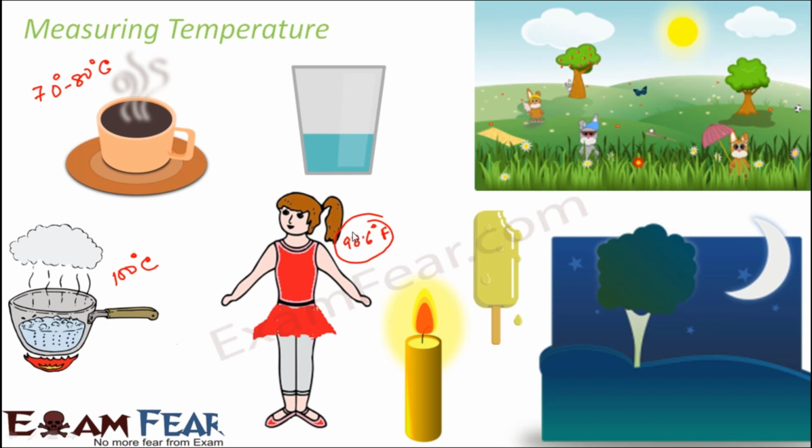Talking about the temperature of a candle, a candle can be very hot. The temperature of the candle flame can even go up to 600 degrees Celsius. That can be really hot. Ice cream can be very cold. It can be as low as 6 to 10 degrees Fahrenheit. If you convert this into Celsius, it will go into negatives. In Celsius it is even lower because the Celsius scale itself starts from a lesser value, right?